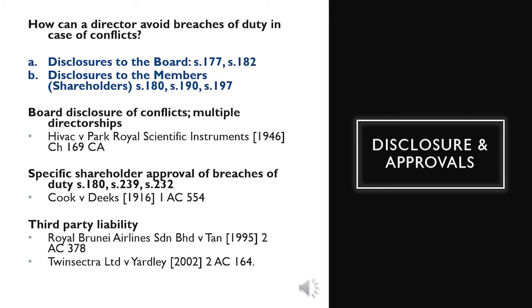Once you've made this disclosure... It could be that the company is interested in buying a piece of land and you're the owner of that piece of land. Or they are thinking, oh, we would like to buy a retail space. Who has retail space around? Well, one of the shops is mine, and I'm a director. So I need to disclose this immediately to the board. And this involves anything that the company is going to be negotiating that is contractual, but also things that are of non-contractual nature. The effect of this disclosure is that it puts the other directors on notice about this conflict